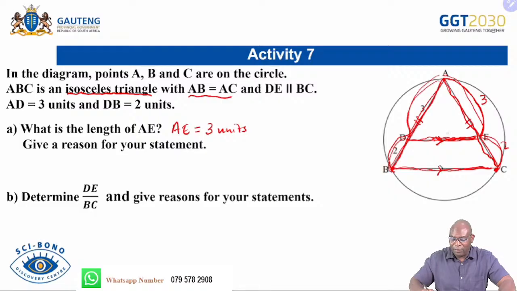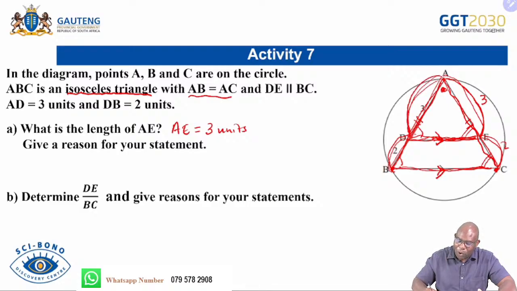Now, if this line is parallel to that, that will mean that this angle and that angle will be equal because they are corresponding angles. This angle here and that angle will be equal because they are also corresponding angles. And this angle will be a common angle to the two triangles. I'm talking about triangle ADE and triangle ABC. So they're similar triangles. Then this is the ratio that we're going to be looking at. Please pay attention,